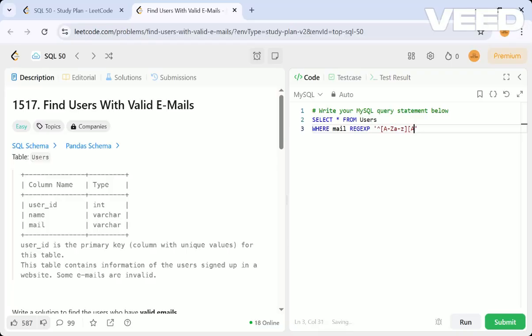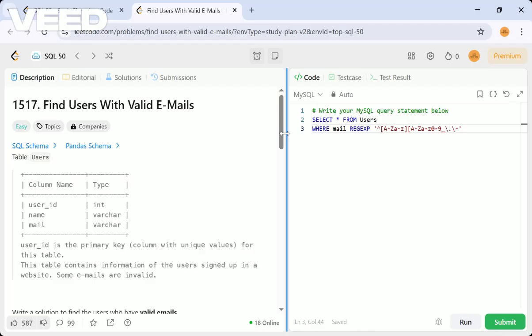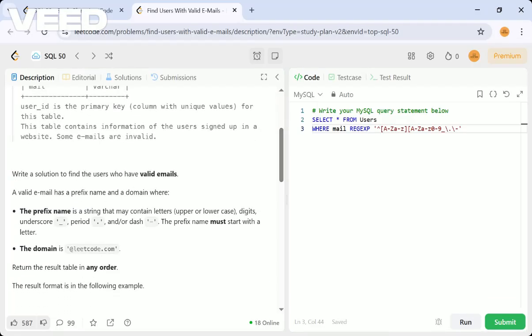Next can also be alphabets, A to Z capital and a to z small. Numbers are also possible, 0 to 9, and underscores are fine, dots are fine, and dash is also fine. But it should start with letters only, so it should not start with numbers.